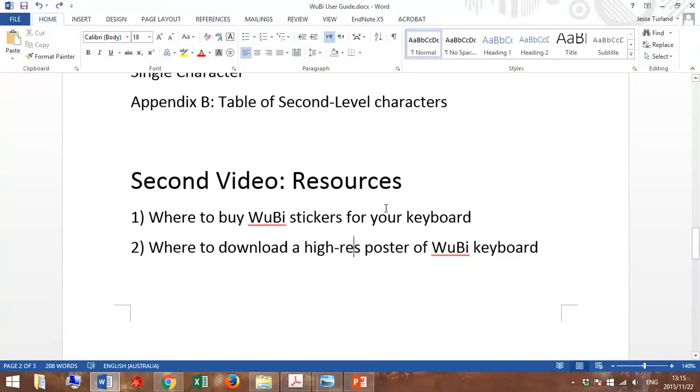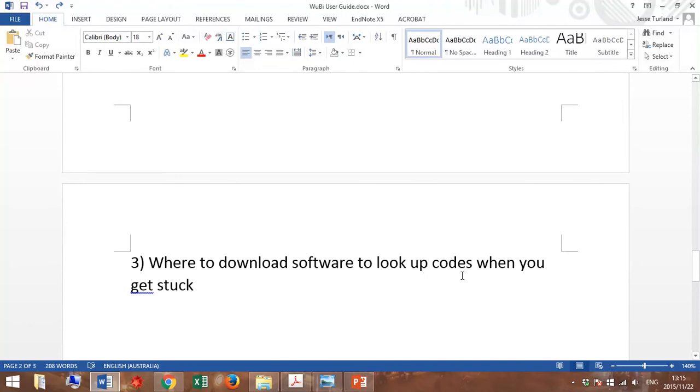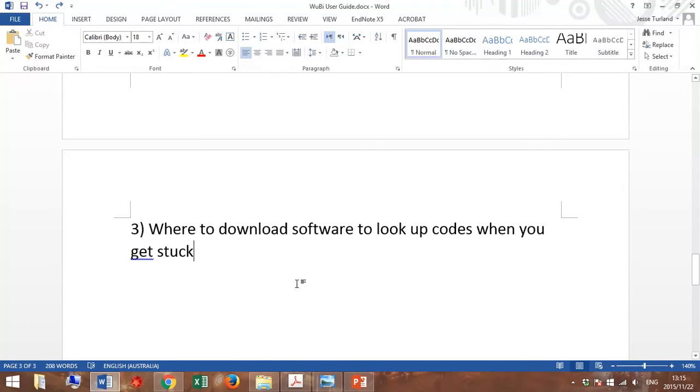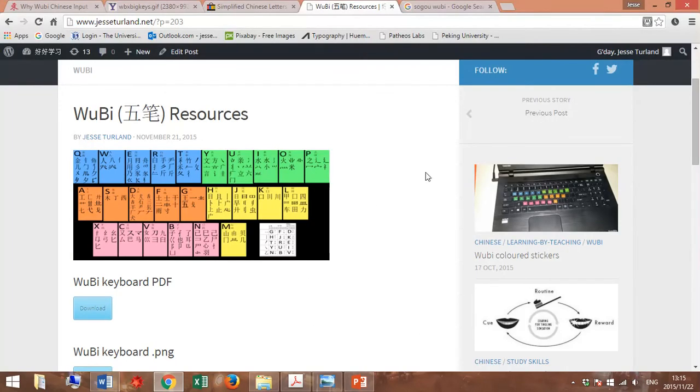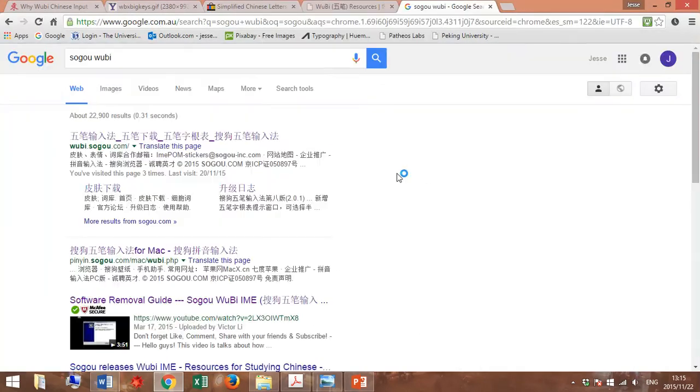Thirdly, where to download software to look up codes when you get stuck. So I mentioned this in the first video. It's a piece of software which is in Chinese, but you can download it and use it just for the purpose of looking up codes. You Google Sogo WuBi, and it's this first link, wubi.sogo.com,